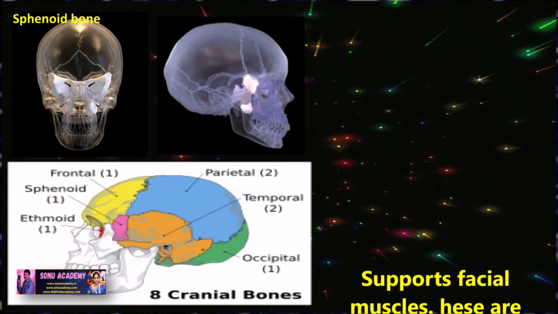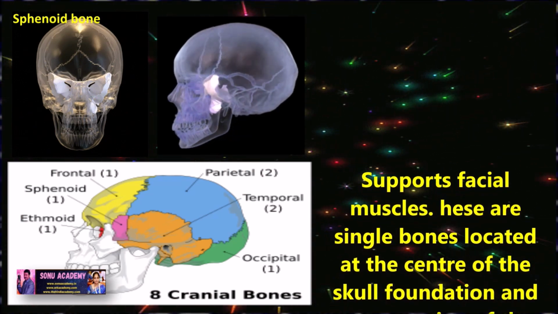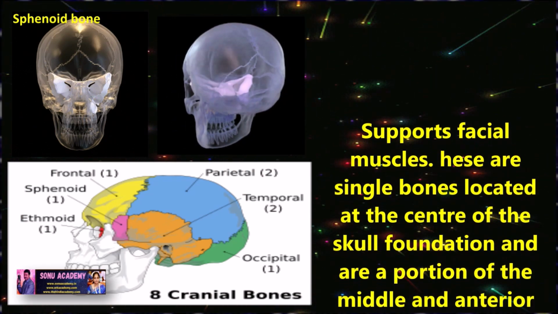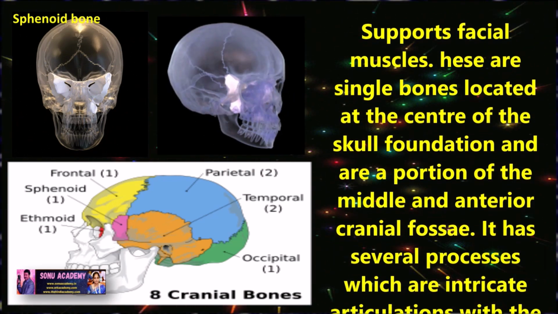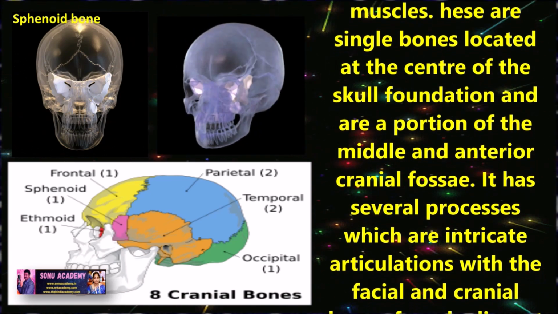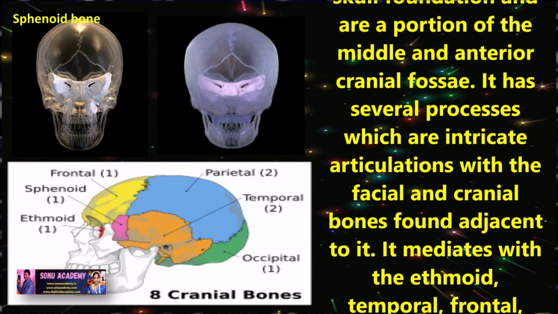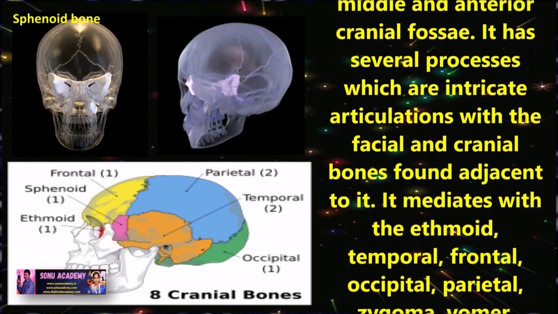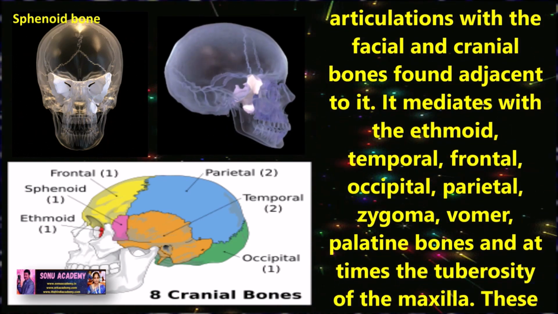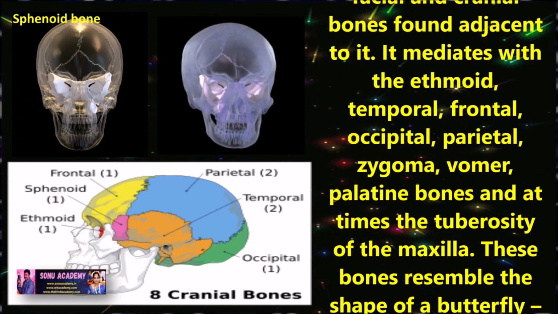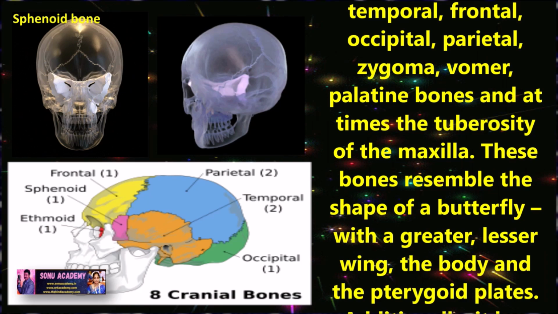Children, let us discuss the sphenoid bone. The sphenoid bone supports facial muscles. It is a single bone located at the center of the skull foundation and is a portion of the middle and anterior cranial fossae. It has several processes which form intricate articulations with the facial and cranial bones found adjacent to it. It articulates with the ethmoid, temporal, frontal, occipital, parietal, zygomatic, palatine bones and at times the tuberosity of